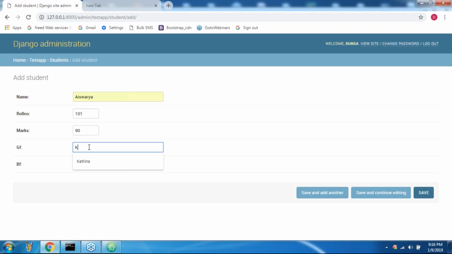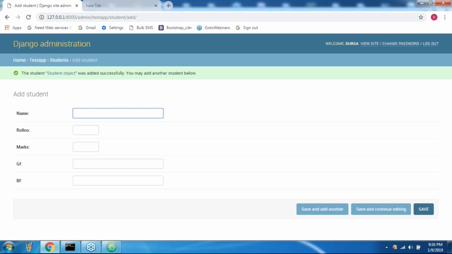Girlfriend, okay, sir, just Katrina, something like a girlfriend. And a boyfriend I'm taking, sir. Okay, not Katrina, sir, Priyanka. Assume Priyanka. Next a boyfriend, so any boyfriend name you can use. Salman, Vivek Oberoi, all these people are boyfriends only. Abhishek, yes, all. Can you please tell any other names, sir?